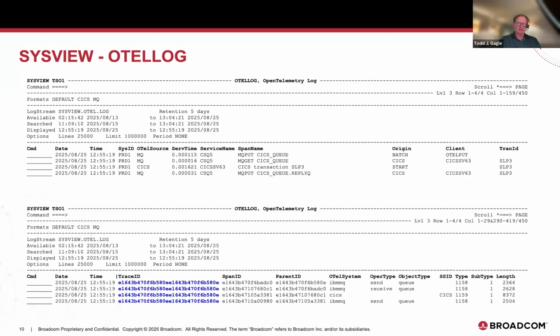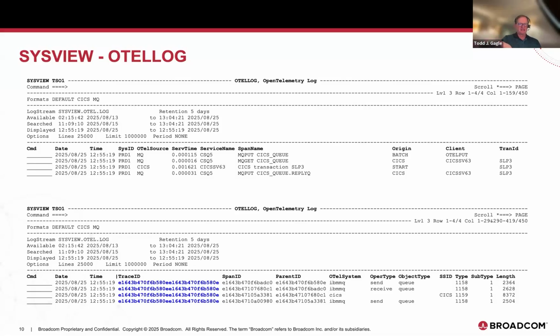On this next screen, though, I've singled out what you might consider the end-to-end transaction, and 4 records got produced. In this particular case, MQ started it, where they actually did an MQ put onto a CICS queue. That CICS queue really ended up being a trigger queue.